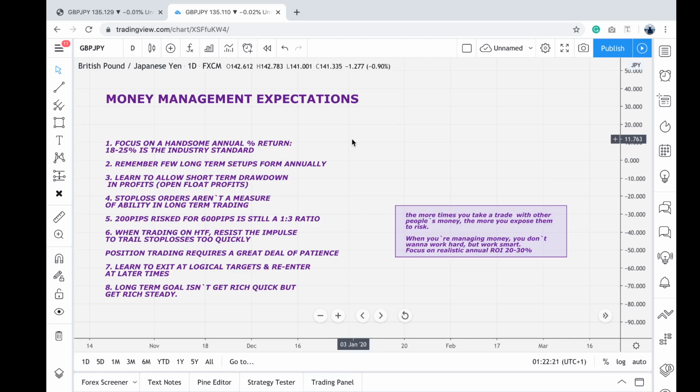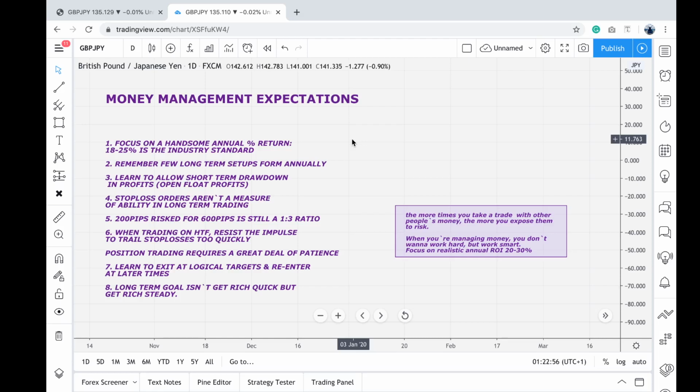Right, so number 5, 200 pips risk for 600 pips is still a 1 to 3 risk to reward. If you're risking 200 pips to potentially gain 600 pips, that is still a good setup, because your risk on that trade is 200 pips for a reward of 600 pips, which would be a 1 to 3 ratio. Remember, you're taking a swing setup or a position trade setup, so do not be too